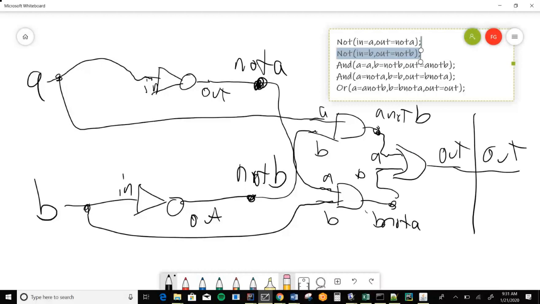Yeah, V. Does order matter? So do you have to put A first, B first, output first, or it doesn't matter? It doesn't really matter. Yeah, you can permute the orderings within here, largely with impunity. Good question. Any other questions?